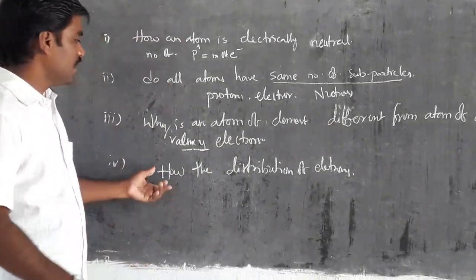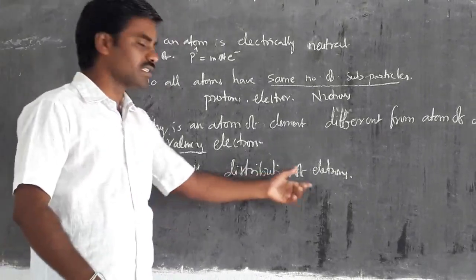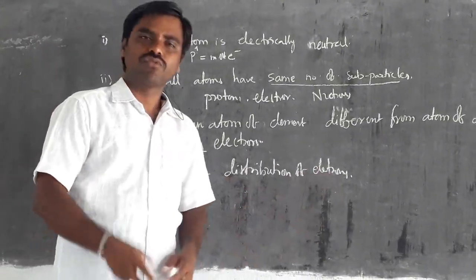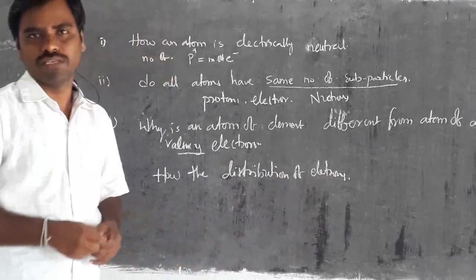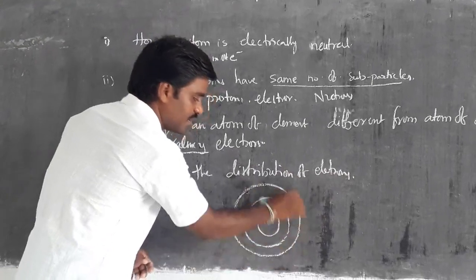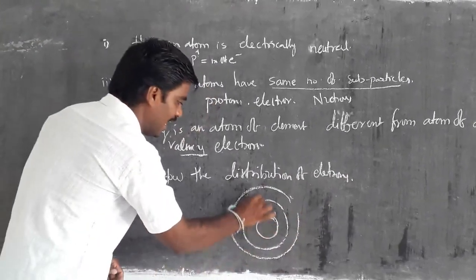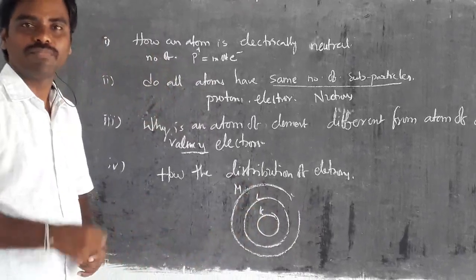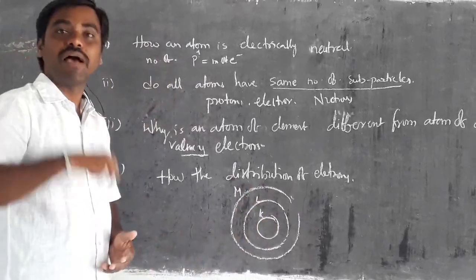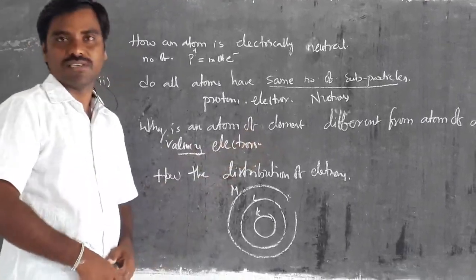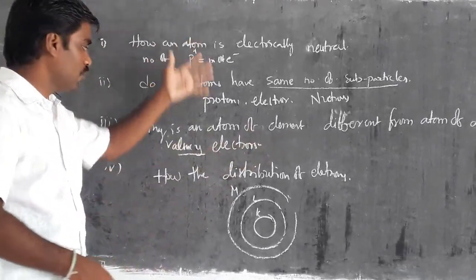The last question we are going to discuss right now is how electrons are distributed. We already have the Bohr method. In 9th class we discussed it with the K shell, L shell and M shell. Every shell has a particular number of electrons as its maximum electron capacity. That was what we discussed, and we will discuss the same thing further. Right, children? Have you got clarity about those four questions?